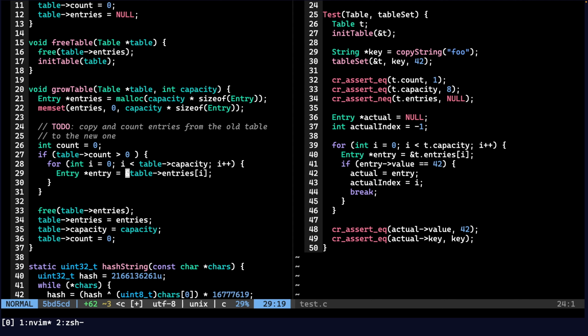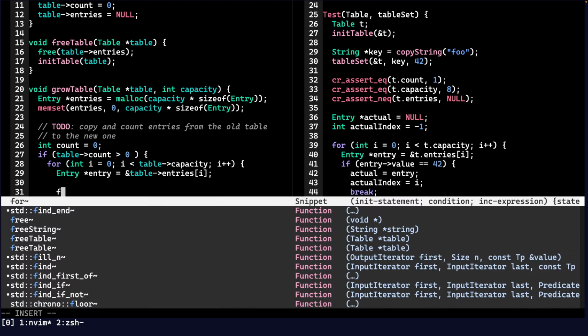Wait, how was it done in the old one? Wait, I'm going to check my other implementation. Okay, so the way I did it in another attempt is we basically have to